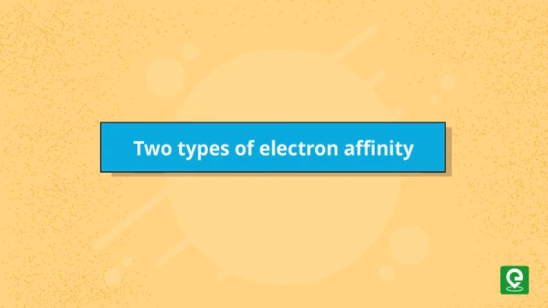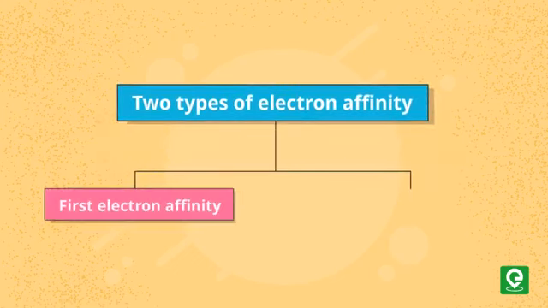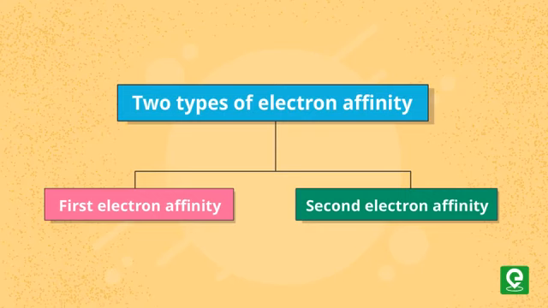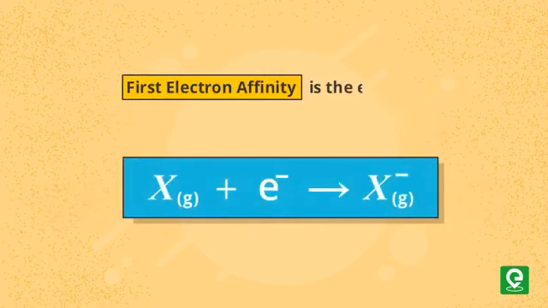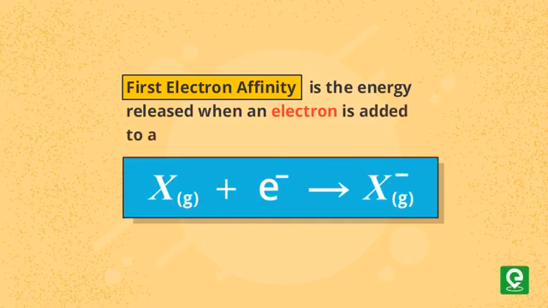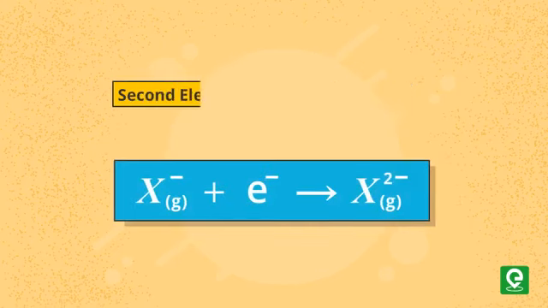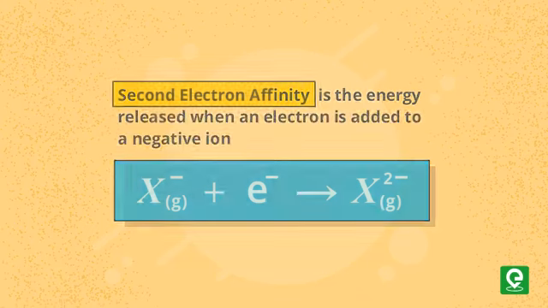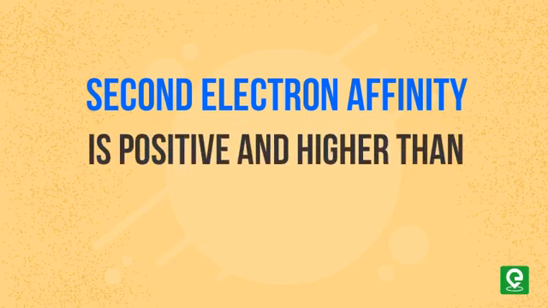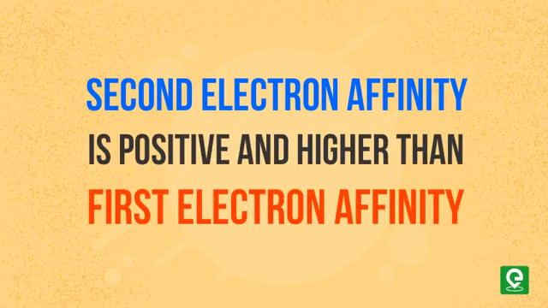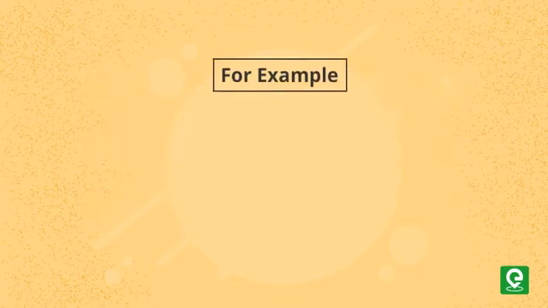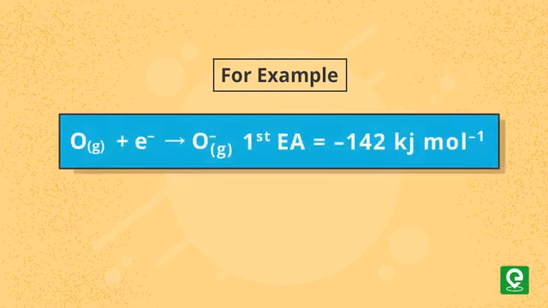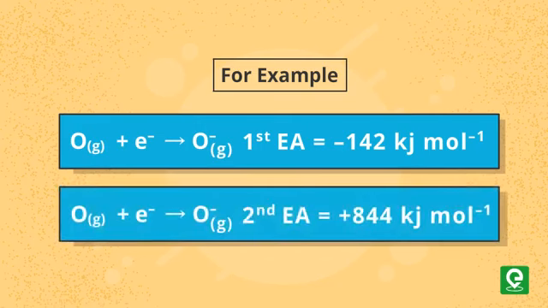There are two types of electron affinities we must learn about: first electron affinity and second electron affinity. First electron affinity is the energy released when an electron is added to a neutral atom. And second electron affinity is the energy released when an electron is added to a negative ion. The second electron affinity is positive because more energy is required to add an electron to a negative ion as compared to a neutral atom. For example, first electron affinity of oxygen is minus 142 kilojoules per mole, while second electron affinity is plus 844